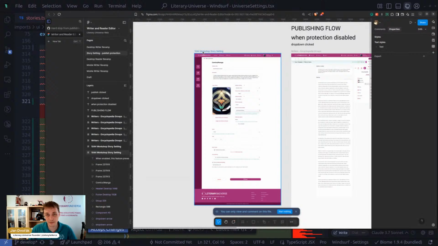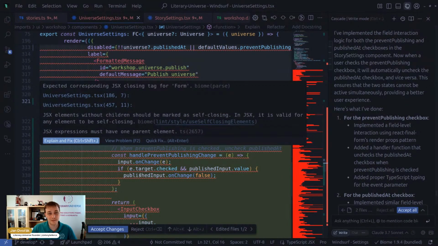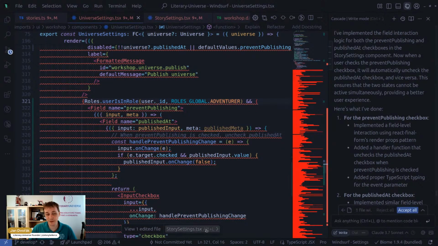I'll see if I can, that would be the next step to kind of the redesign. So let's keep that. So let's just accept the changes here. And